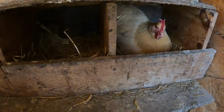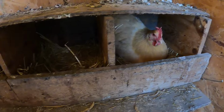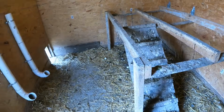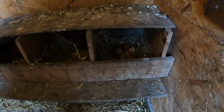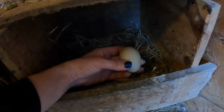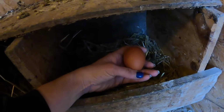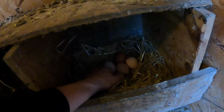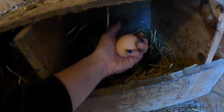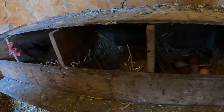I've been coming in here a little bit more often because I'm starting to save some of the eggs that I want to incubate. I have a few that I know I want to. Well, I guess I upset her. Maybe she was done. Oh, this is one that I want to incubate. It's a dark green color, majestic Morans. I'm going to incubate some of those, and maybe one of these. I don't know all of them. I'm hoping to get a Rhode Island red, which is